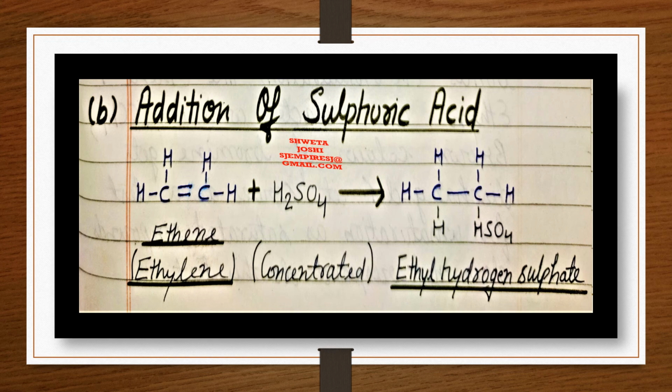Now covering addition of sulfuric acid in the case of alkenes. Taking up the example of ethene, we are going to react ethene with sulfuric acid, that is H2SO4. In this reaction, the double bond between the carbon atoms of ethene will dissociate, and H2SO4 will dissociate into H+ and HSO4- parts. To one of the carbon atoms, hydrogen will attach, and to the second carbon atom, the HSO4 part will attach. So after the reaction, ethene will be converted into ethyl hydrogen sulfate.